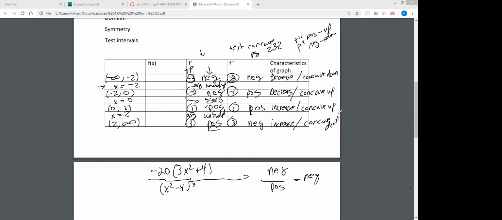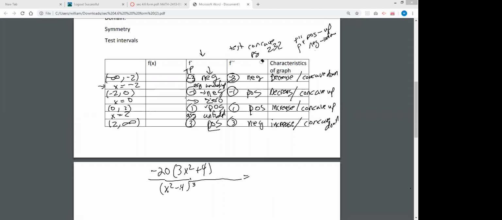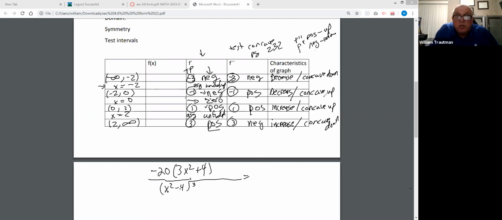For the test point -1, you put decreasing, but you put concave up. Yes, we're using the test point -1. It's decreasing because the slope is negative. Let me show you once again. Will it be concave down since it's decreasing? Well, let's put